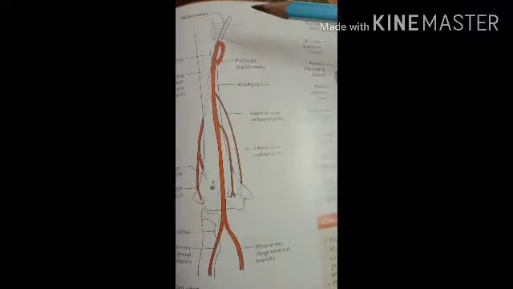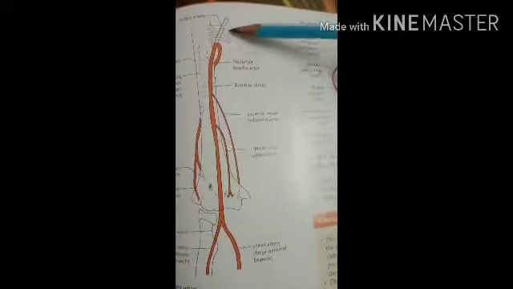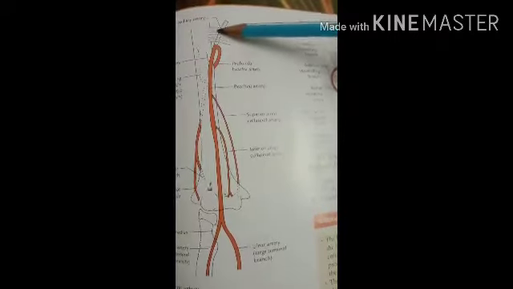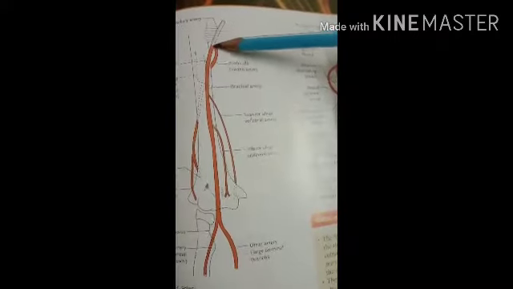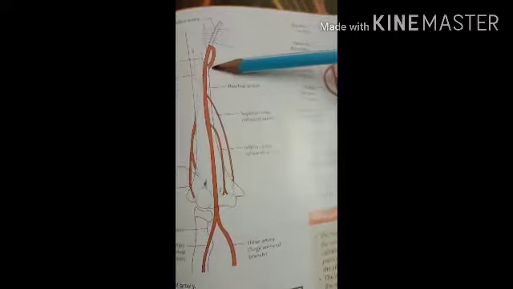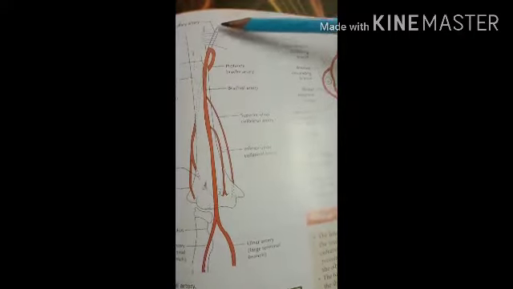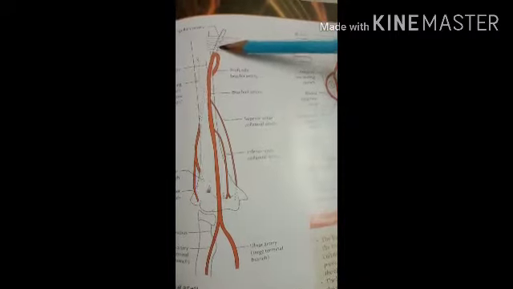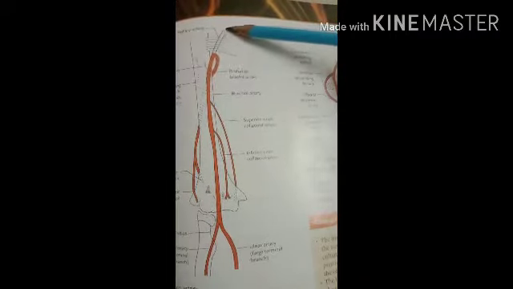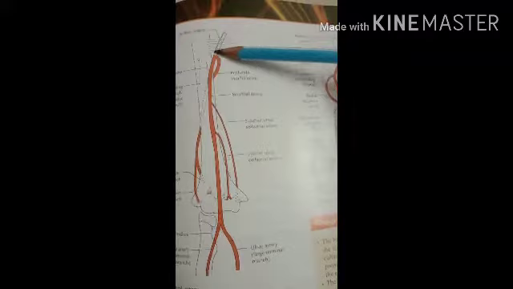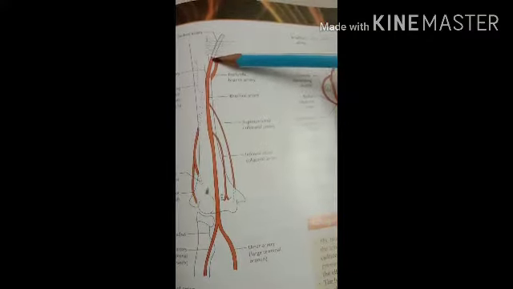It begins from the lower border of the teres major muscle. Here you can see the teres major muscle, and from here the artery starts. It is the continuation of the axillary artery. Above the teres major muscle this artery is known as the axillary artery, and at the lower border of the teres major muscle, as it enters into the arm, it is called the